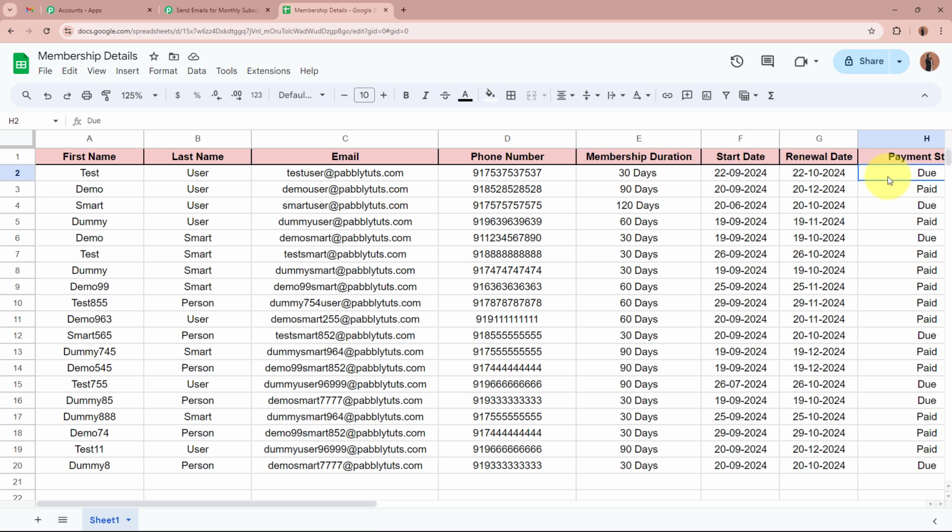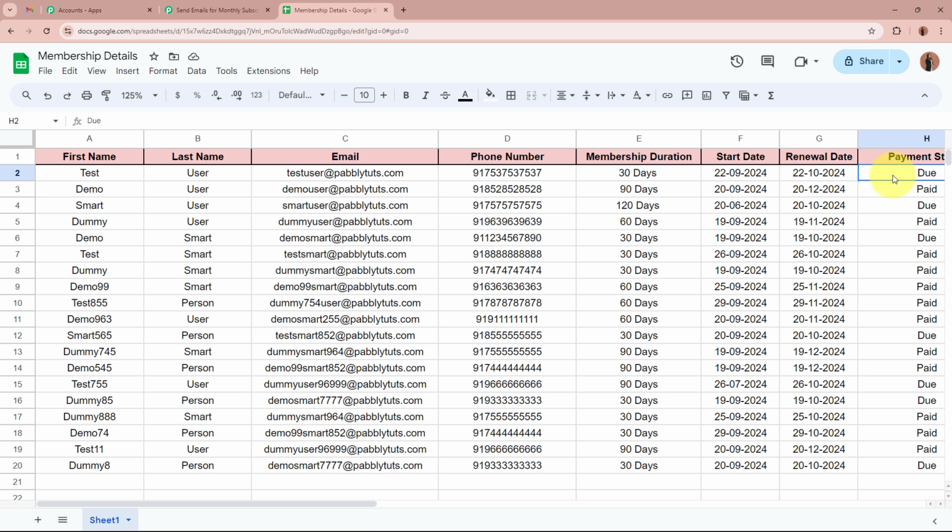I have taken a time span of 7 days. So let's suppose someone's subscription is going to expire within 7 days. I want to send them the reminder that your subscription is going to expire within 7 days or equal to 7 days. I want to send all those members the reminders whose subscription plan is going to expire within or equal to